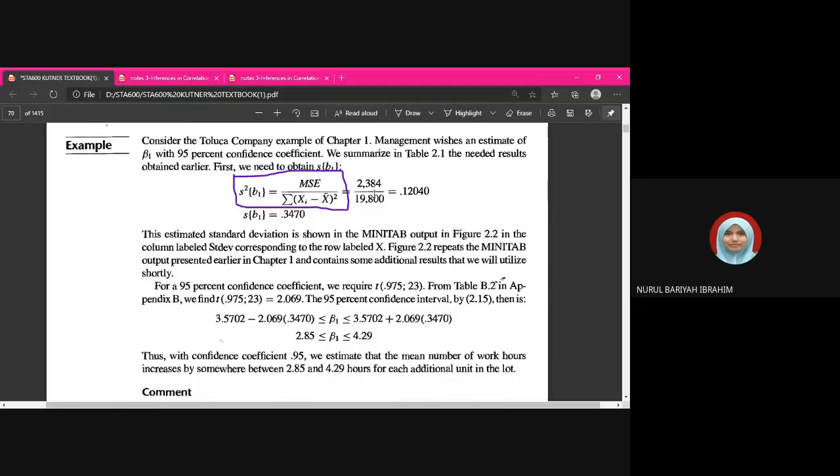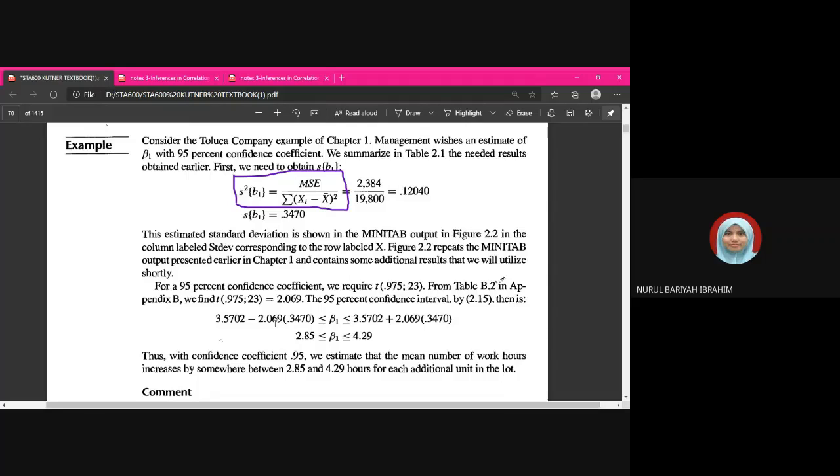So using the value of MSE, you know how to calculate the value of MSE, divide dengan SXX, so you akan dapat the variance of slope. Then square root the value, you akan dapat standard deviation of the slope. Then you will apply the formula of the confidence interval for the slope. Jadi sekarang kat sini kita dah ada standard deviation of the slope, and then value 2.069 here adalah critical value from the